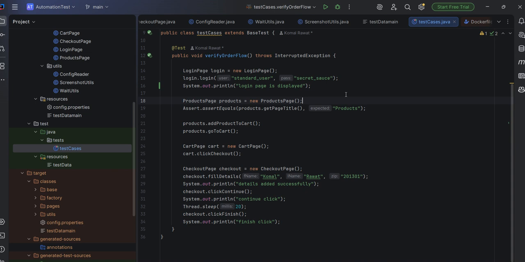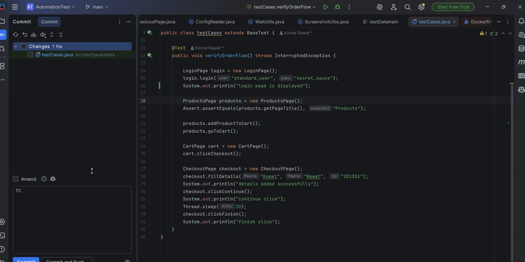Okay, then I save it. And let's suppose you are facing an issue committing this from the IntelliJ, there is